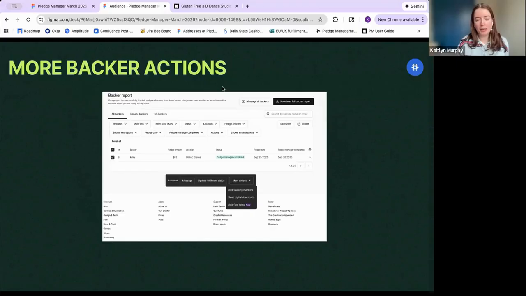Obviously people have so many email addresses, and matching email addresses is not always the most elegant solution. But we're also adding a filter that should be out this week, that's just not captured here, where you'll be able to filter by anybody who was a pre-launch follower of yours or anybody who had backed a previous campaign of yours, so that way you can use